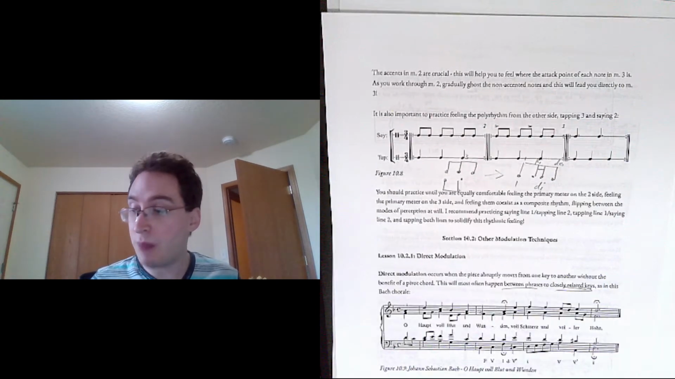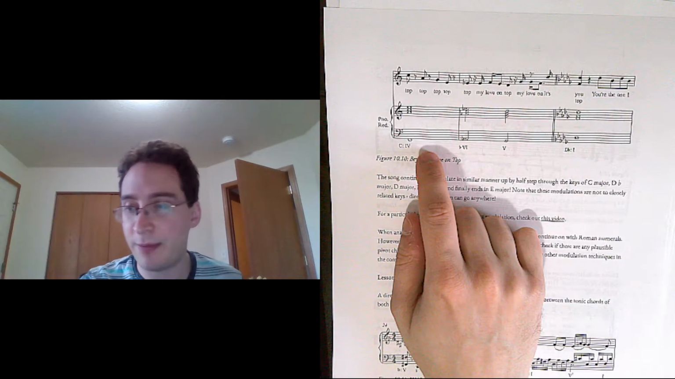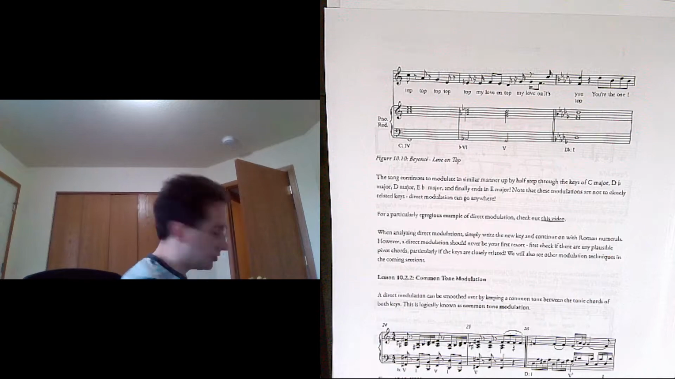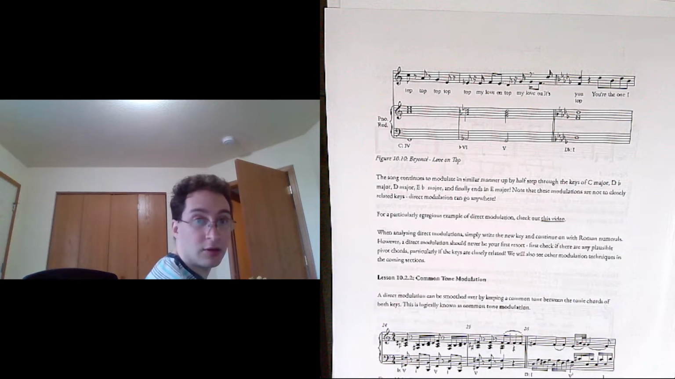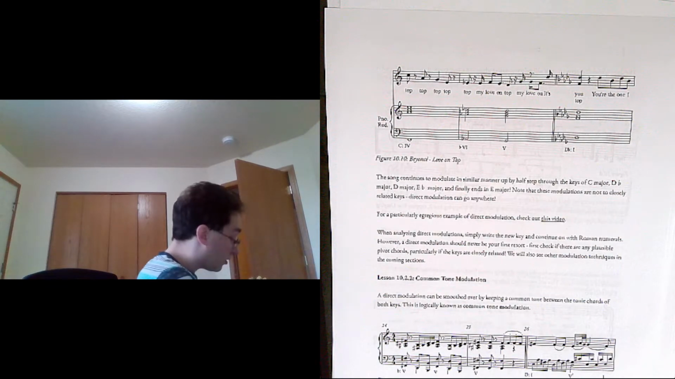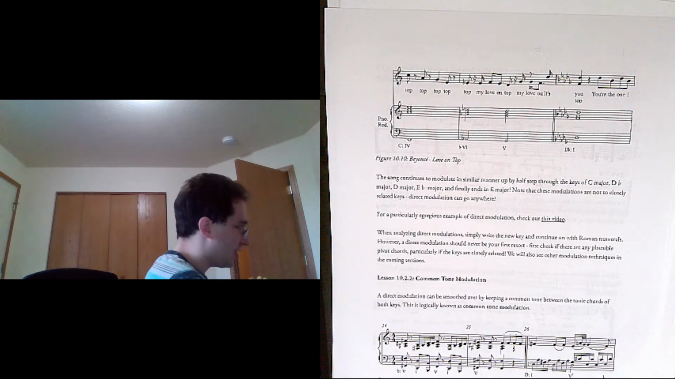This also occurs in popular music. The end of Beyonce's Love on Top is a good example of this. So we're going along, we're in the key of C. Whole song's been in the key of C so far. We have a 4 chord, we have a flat 6, okay, that's a little funky, decorating 5, and we expect it to go back to 1. But instead,